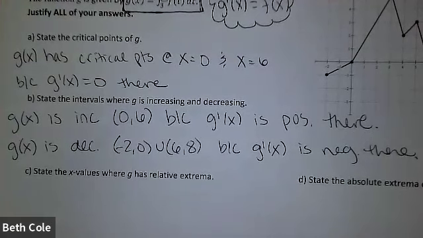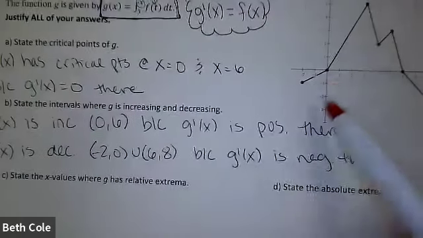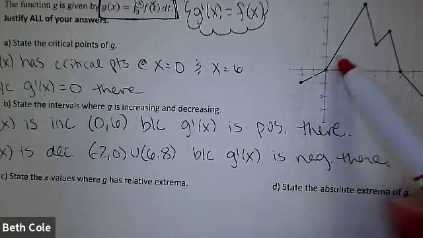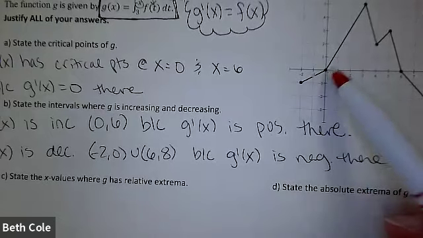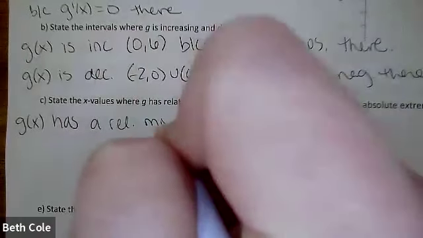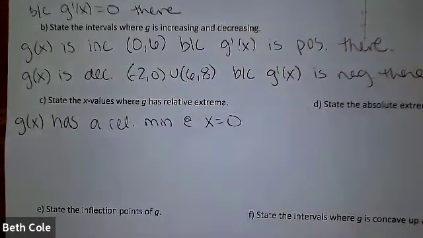All right, relative maximums and minimums. Maximum is a change in the derivative from what to what? Think before you answer. Maximum is positive to negative. All right, minimum is negative to positive. So let's look at our critical points, which were 0 and 6. At 0, we have a change from what to what? Good, it's below to above, so negative to positive means minimum. G of x has, that's how your sentences have to start. G of x has a relative minimum at x equals 0